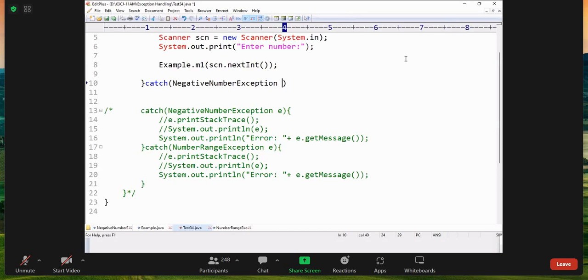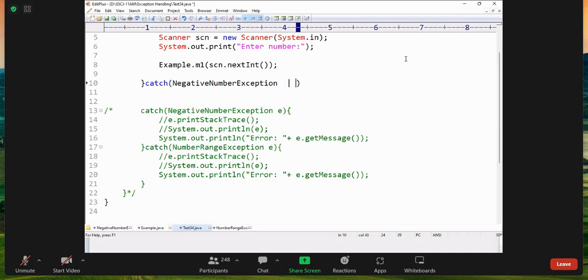Only one. Either that or this. That or this, or what operator? Or. I must use the operator or, and then